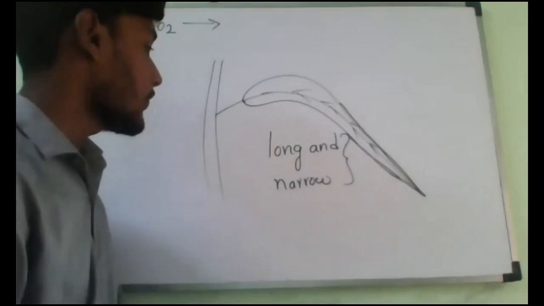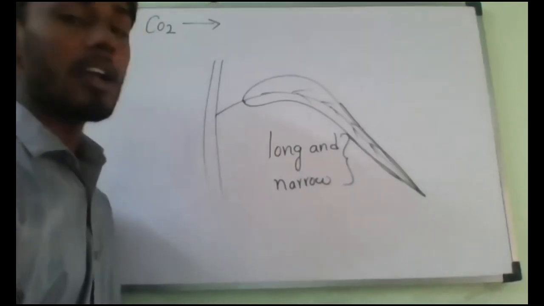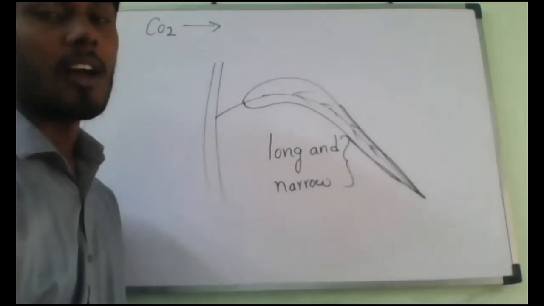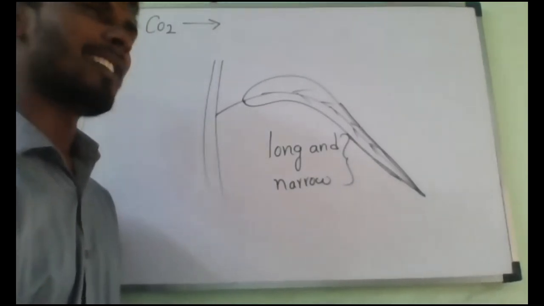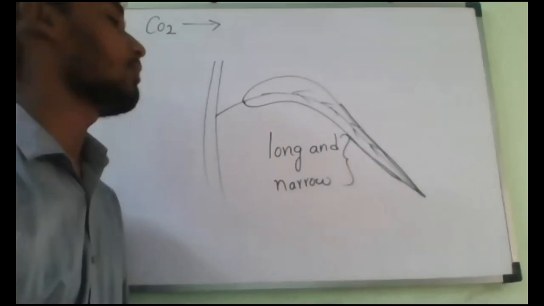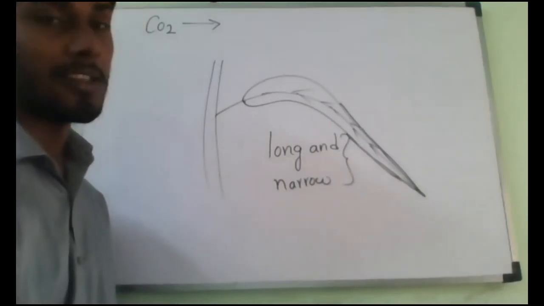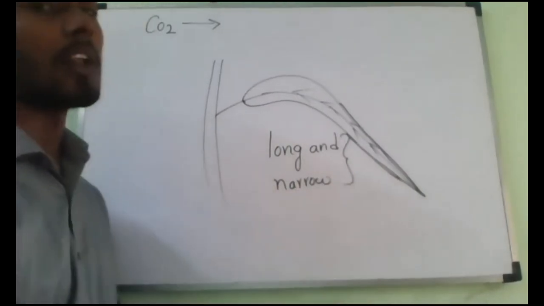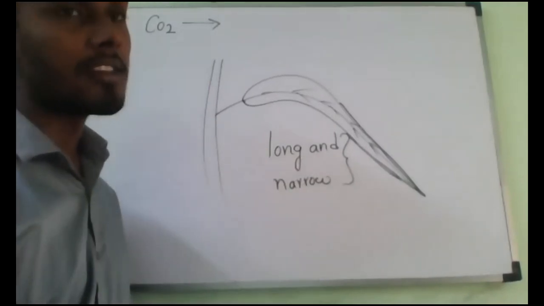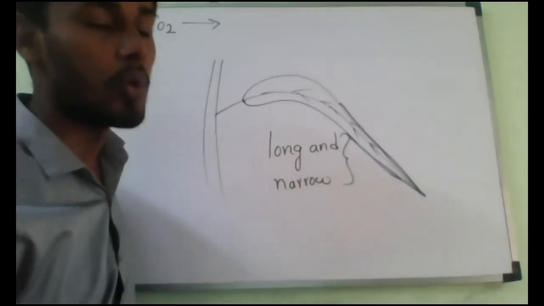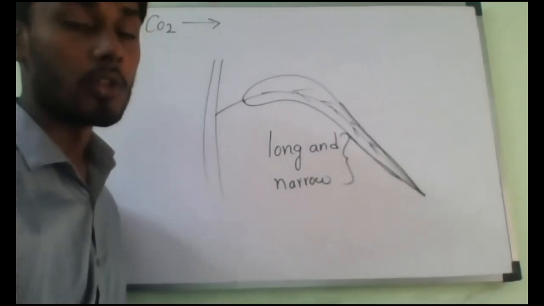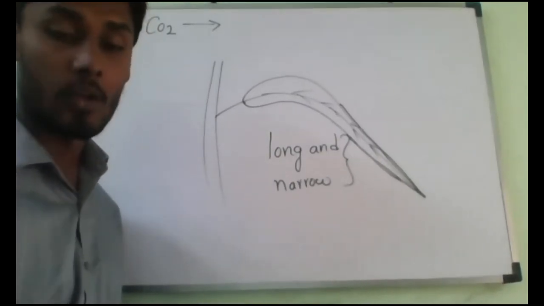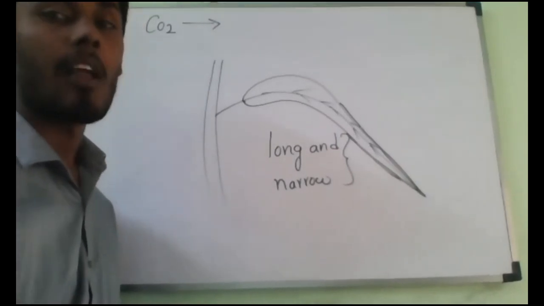So now if we observe here, we have to take long and narrow leaves. Why, sir? Will other leaves not work? Yes, we can do it with any leaf. But why are we taking a long and narrow leaf? We have to cover some part of the leaf. If it is very small in size, it is very difficult to hold or cover. So that is the reason we are taking a very long leaf, to do the experiment very easily.